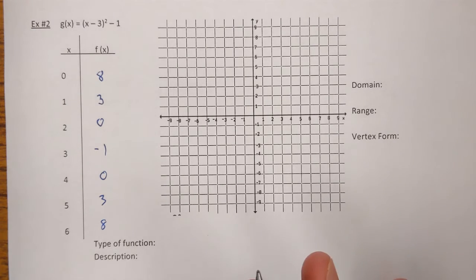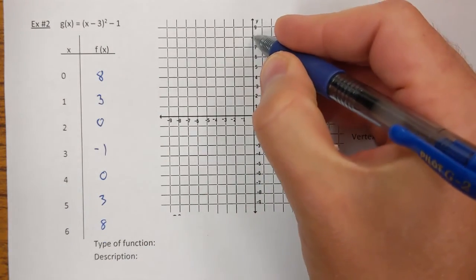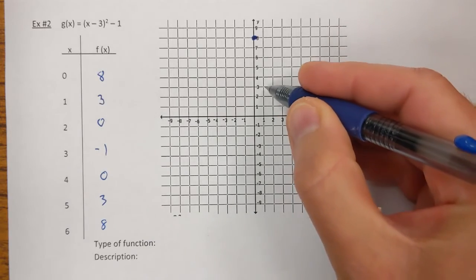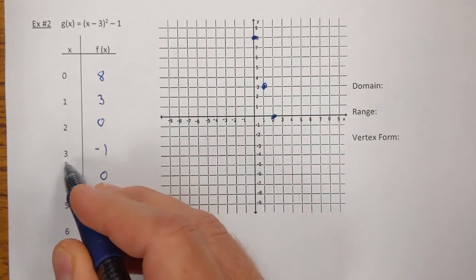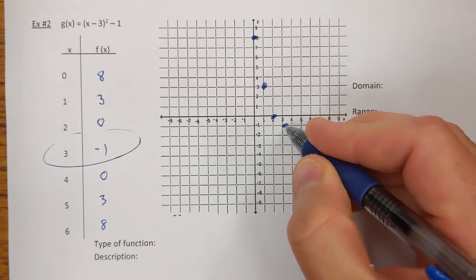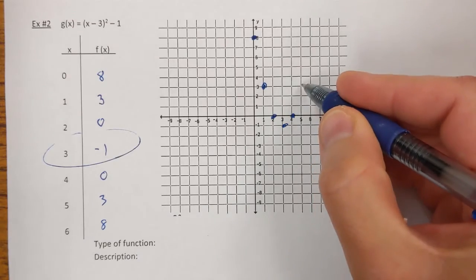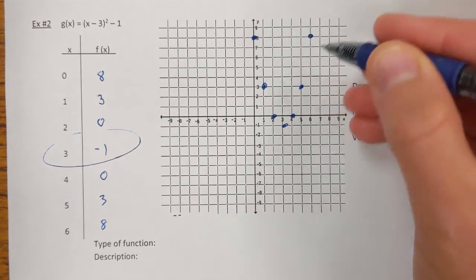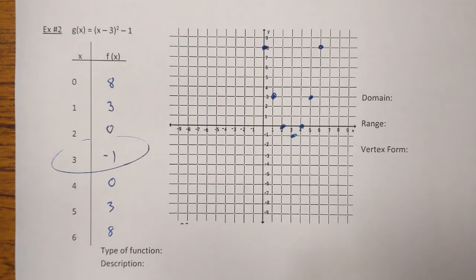And then what I'm going to ask you to do, I want you to start plotting these points. So we have this point 0, 8, 1, 3, 2, 0, 3, negative 1, 4, 0, 5, 3, 6, 8. Okay, and after you've plotted these points, now I want you to consider, what type of shape do